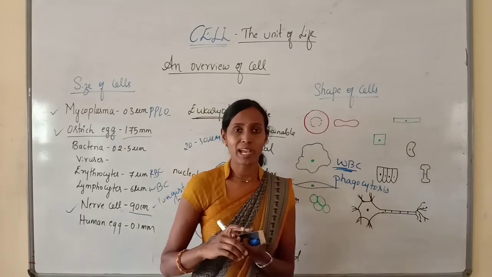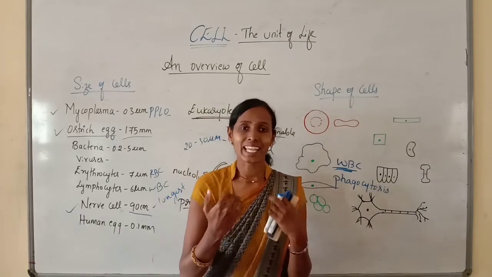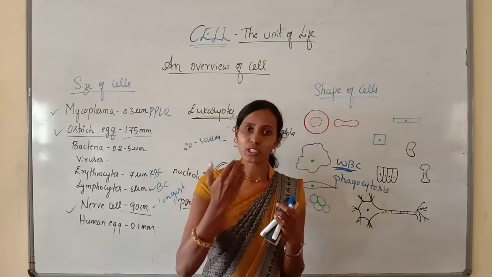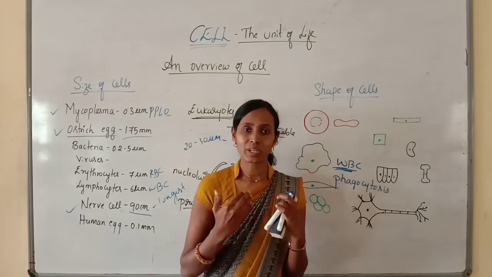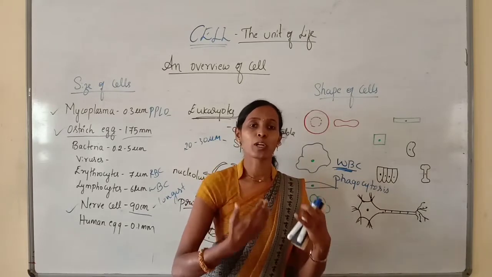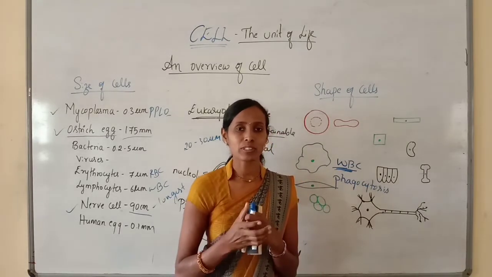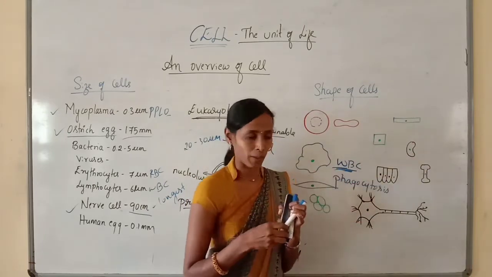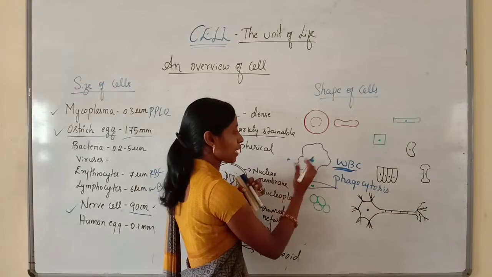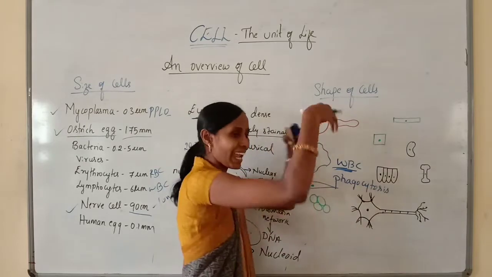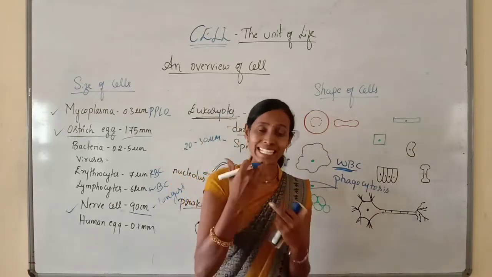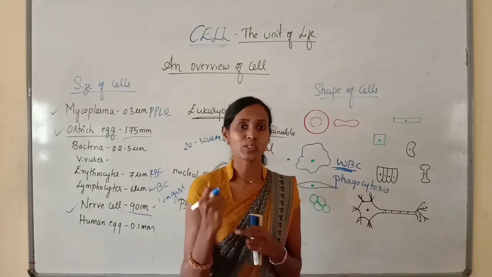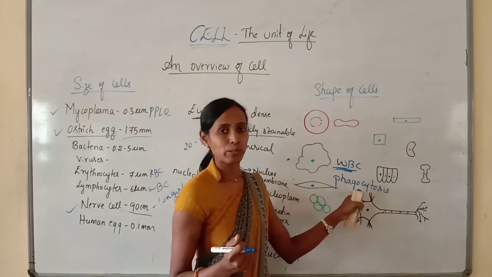Phagocytosis. So what is meant by phagocytosis? It is cell engulfing. See, whenever a foreign particle enters into our body, our immune system will get activated. It produces more WBCs, especially lymphocytes. Those WBCs will engulf the foreign particle. For example, if this is the foreign particle, this WBC will engulf it. Engulf means it is eating. So WBCs will eat the foreign particle, and that is called cell engulfing or phagocytosis.